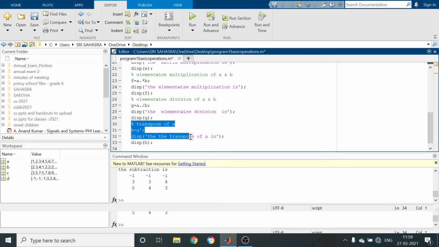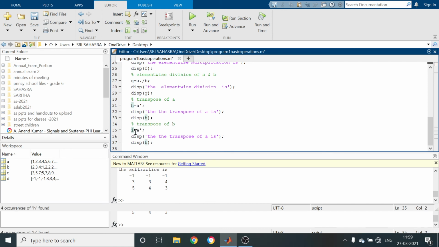Next transpose of B, Control V. I am using another variable I. Here B, disp I. Similarly you can get the inverse.